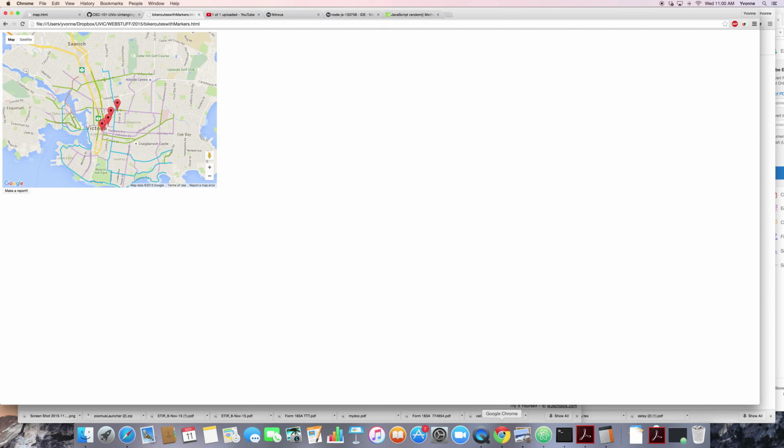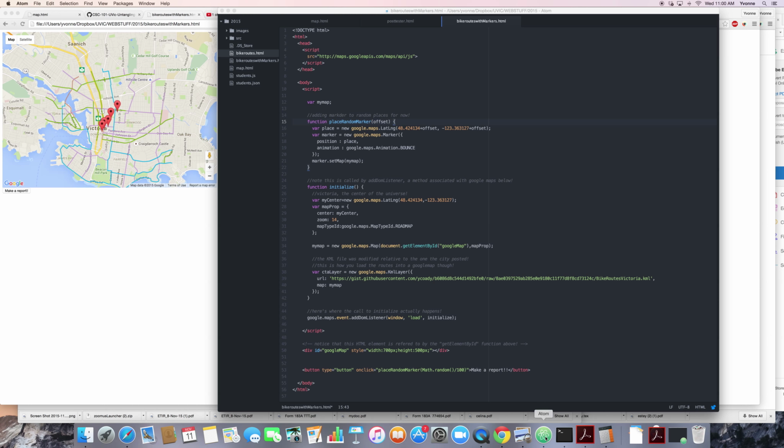Just to take a look at what that code looks like, it's really the same file that I had before where I pulled in the KML file. But what I've added in is this little function that just says place random marker. And you can see that it takes an offset and it creates a new latitude and longitude and puts that